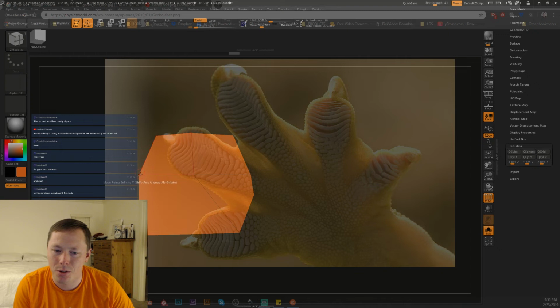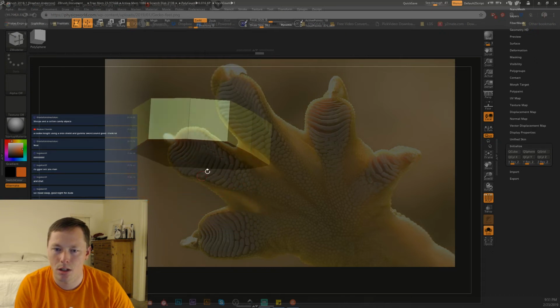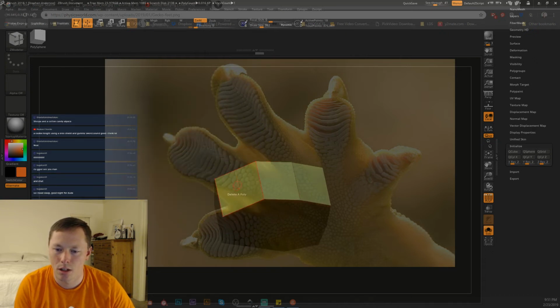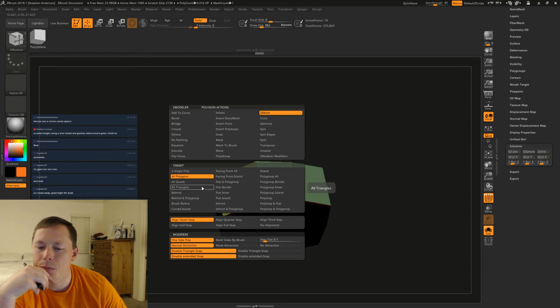Anyway, let's see. Okay, so we want 1, 2, 1, 2, 3, 4. Whoops. Q-mesh. You know what? Does it have the ability to not keep them together?